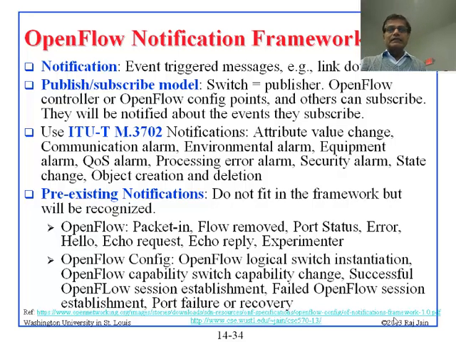Then the next protocol is called OpenFlow Notification Framework. It's actually not a protocol, a framework. One thing which was missing so far was that the controller told everything to the switch. The problem was, when the switch told the controller, there was not enough detail in that, and it was not sufficient. So they have a new spec, called OpenFlow Notification Framework. It just came out last month or this month, very recently, the first version of it.